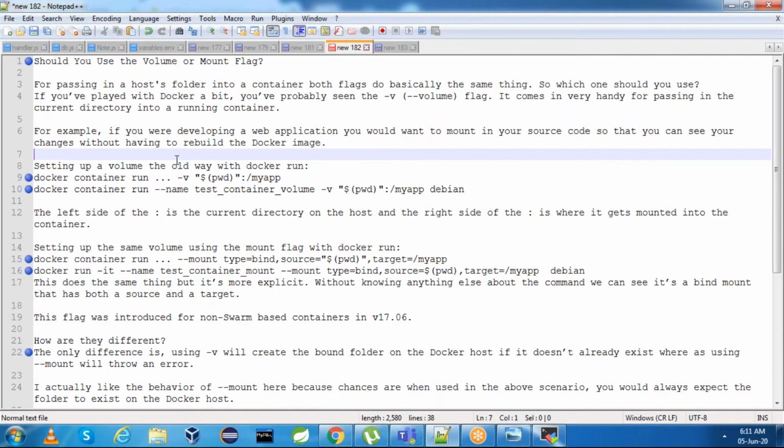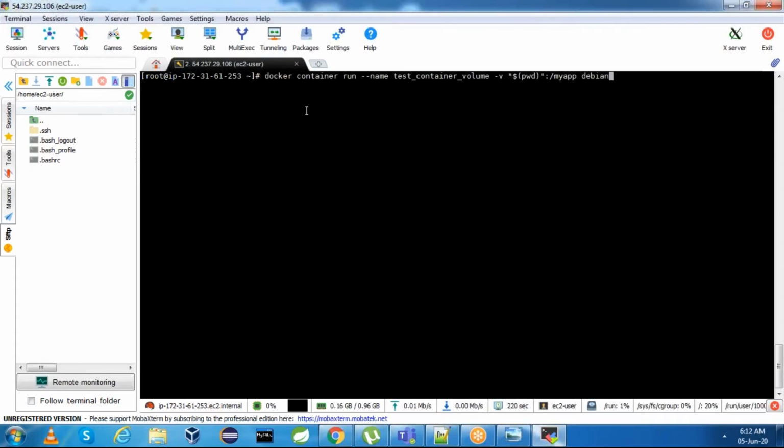Now, again, should I use volume or should I use the mount flag? First, we will see how to use volume and how it works. Now, let me run this command: docker container run --name, and I'll put -it as well, for an interactive terminal. --name, I'm saying test-container-volume.